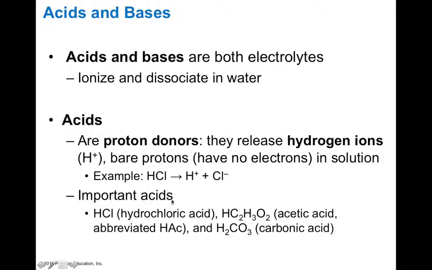So some of the important acids in our own biology include things like hydrogen chloride, or hydrochloric acid rather, acetic acid, or carbonic acid. So some of these are actually produced as a byproduct of metabolism, and some of these are released by your kidneys or exhaled through your lungs. But these acids play a variety of roles, like hydrochloric acid is necessary for digestion. Carbonic acid is actually how you transport carbon dioxide in your blood. And acetic acid is just a breakdown product of a certain metabolic pathway which can be used to make ATP.